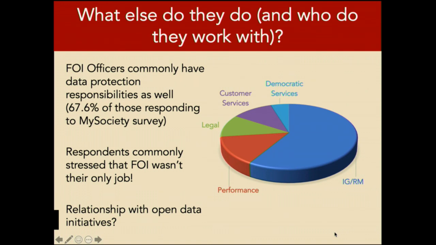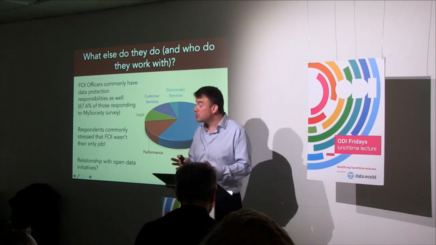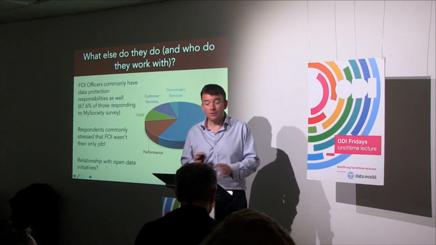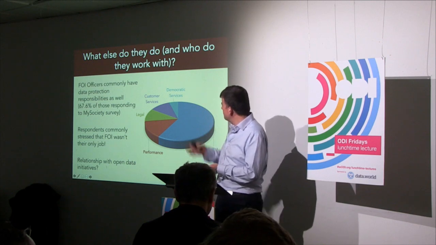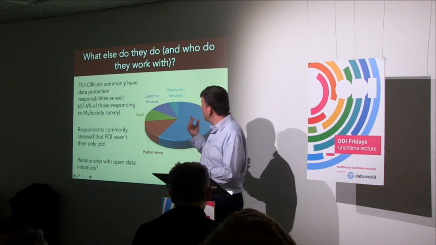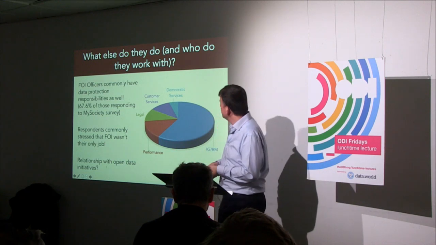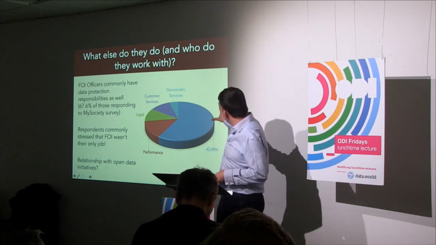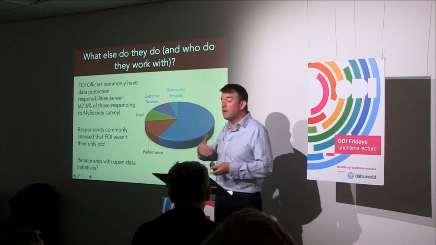So FOI officers, one of the most common areas that they have involvement in is data protection. Perhaps not surprisingly, there's a lot of crossover between those two areas. So My Society found 67.6% of their respondents were dealing with FOI, but also dealing with data protection. You can see from the pie chart on here, these are sort of the areas that freedom of information is